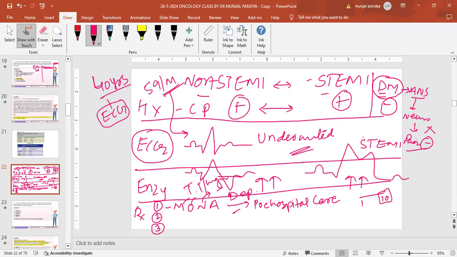Nitroglycerin is a vasodilator drug which opens up the little coronaries, tries to improve the blood flow and reduce the pain. So this is again for the pain, right? Nitroglycerin also releases the pain. How does it reduce it? It dilates. It's a vasodilator drug. It dilates arteries, dilates vessels. So your pharmacology should be a little better, right?